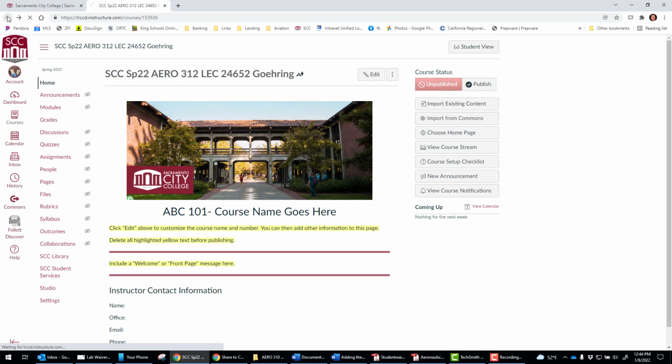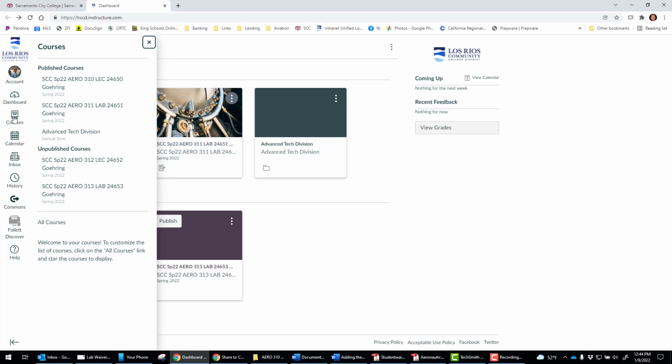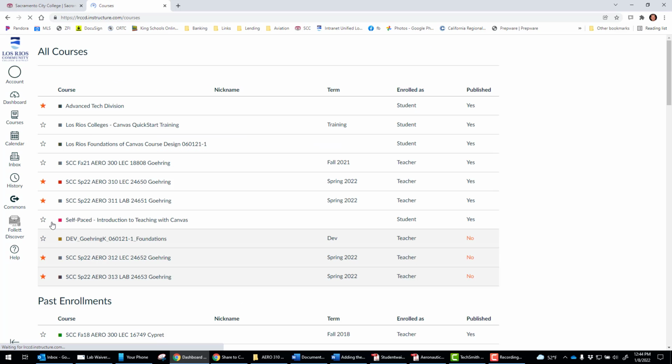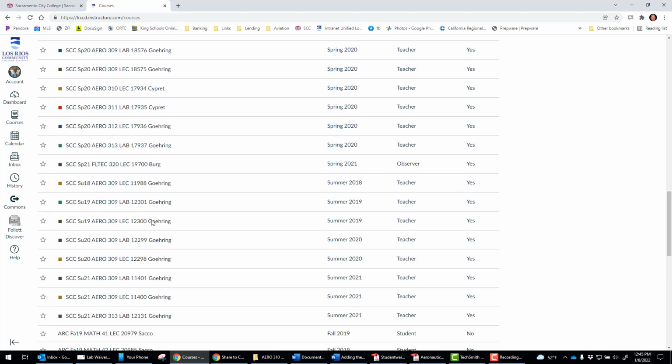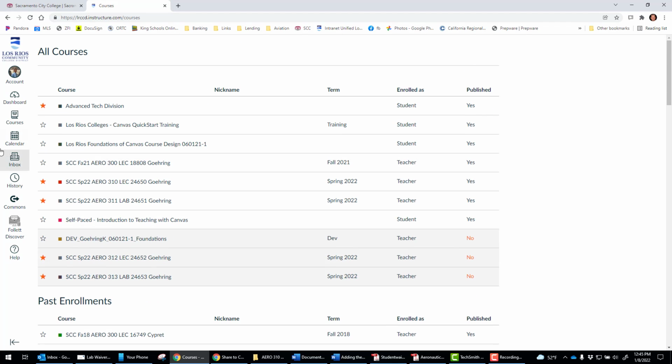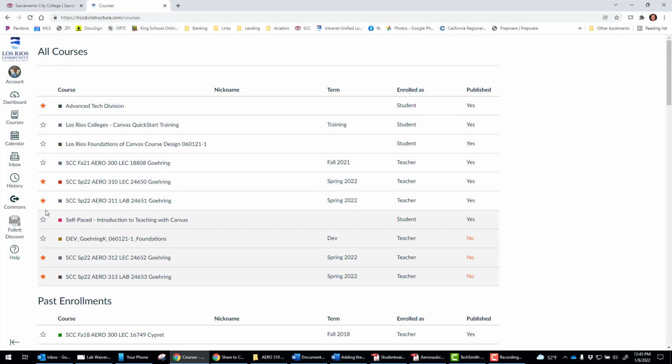Actually, I'm going to go back one and show you that if these are unpublished and they don't pop up, if you don't see the courses you want, go to Courses, All Courses, and here are all the courses that you have, and you should be able to find the one you want to work on if it doesn't show up in your dashboard. I've already got them starred, so they show up on my dashboard. If it's not there, you can just click the little star and it should go into your dashboard. So go back to dashboard,